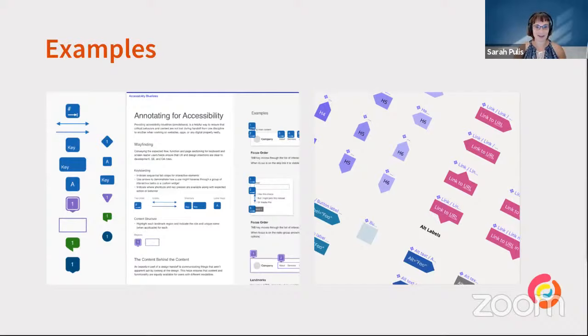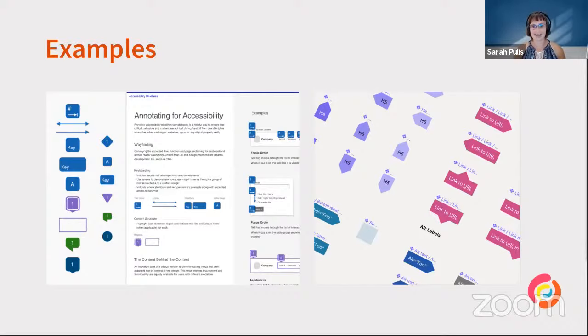Now, we've been beavering away on our own kit in the background. And as of today, it is actually published in the Figma community. When we were looking at our kit, it does take some basis from Jack's work, but we were looking to address a few things that we saw within those kits and other kits: some general housekeeping, making sure our annotations had good contrast, and not having too many different annotations that people can use.